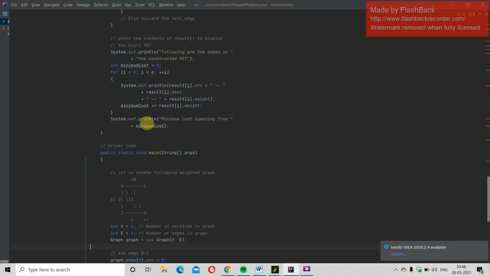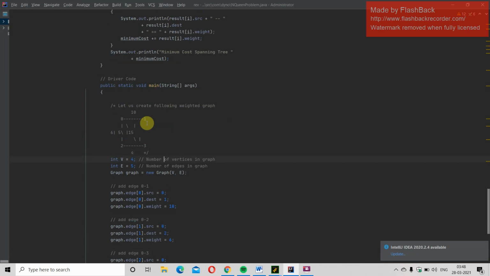So this is the weighted graph, as you can see. Now declare the values of V and E. Now create an object graph and set V and E. Now set graph edge 0 source as 0, destination as 1, weight as 10.